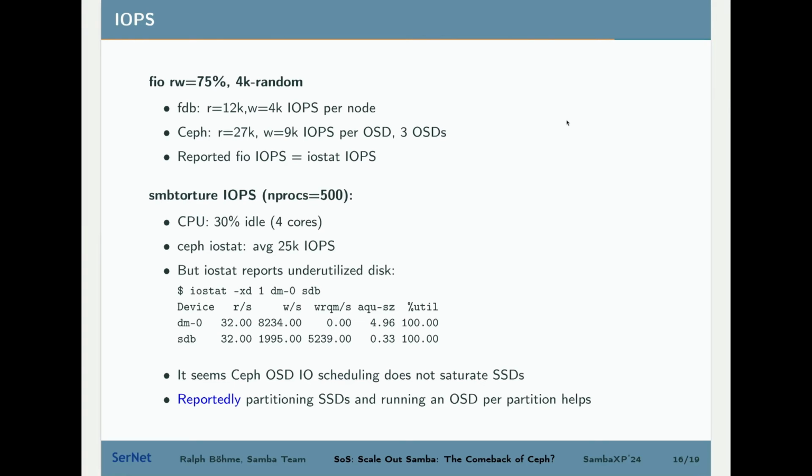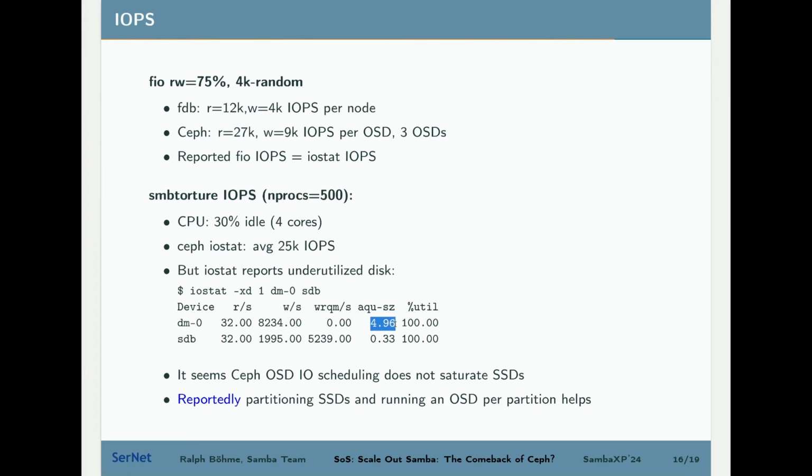And another thing that I noticed was that when I then actually ran the SMB torture benchmark with the maximum value of 500 clients, I noticed that the disk was underutilized because a lot of IOPS merging was happening. So the Ceph OSD was queuing several requests in parallel to the device.